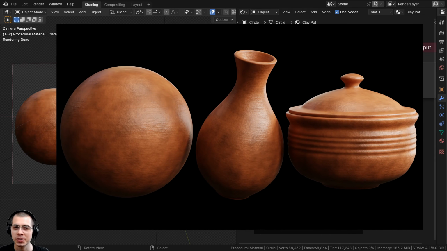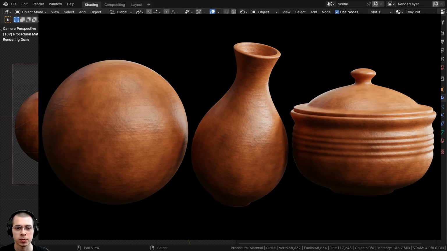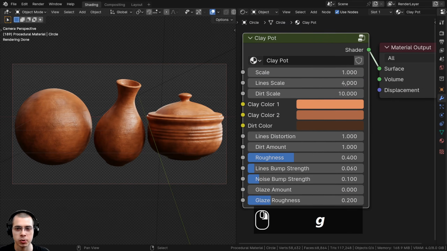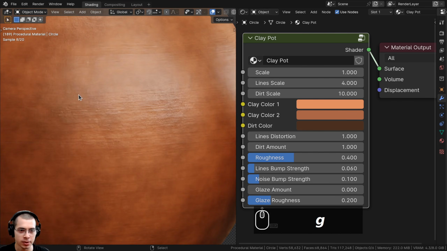In this Blender tutorial, I'll show you how to create this procedural clay pot material. And then after we create the procedural material, I'll show you how to join it together into this custom node group. Now also, if I zoom into this clay pot material, you can see there are some little lines going